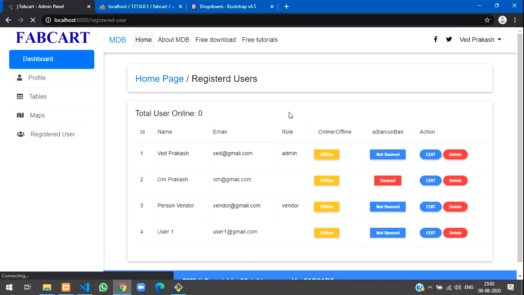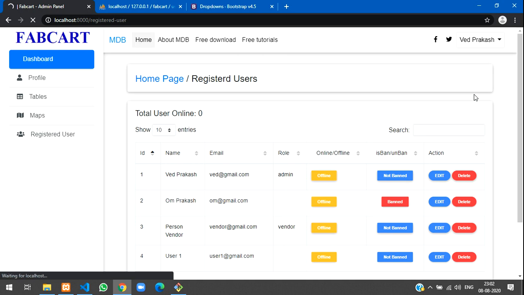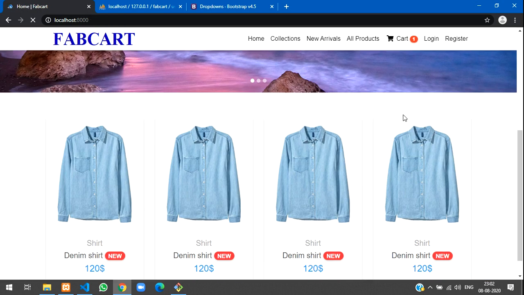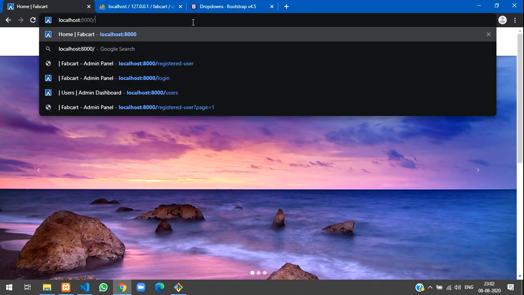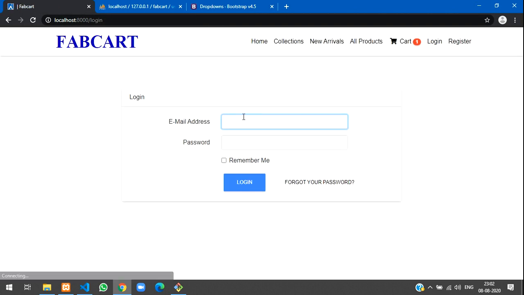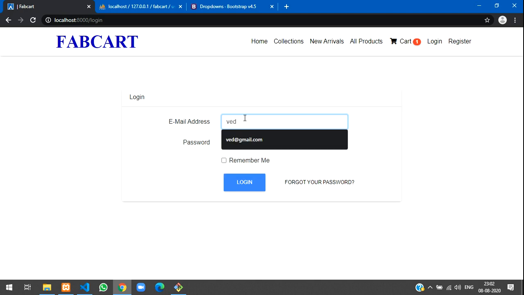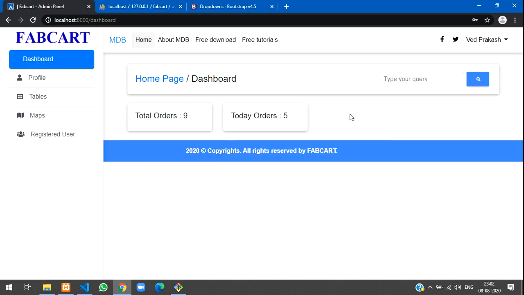Control R. After that we will click on this and you can see the logout button. Let me click on logout and we will be logged out successfully. Once we log out, it's redirected to the home page. We are successfully logged out. Now we will try to access the dashboard without logging in. It will tell us to log in. Good. Now we will log in as admin with the gmail.com address and 1234567. Let me log in now. We have successfully logged in as an admin.